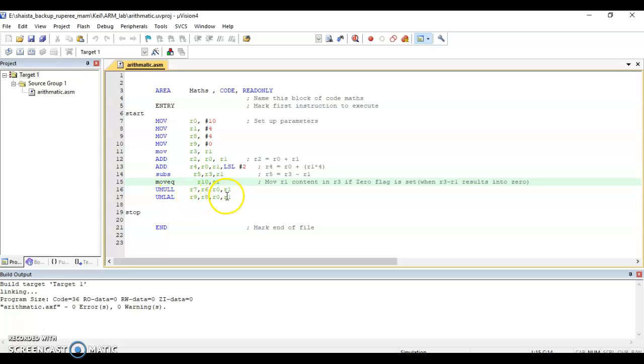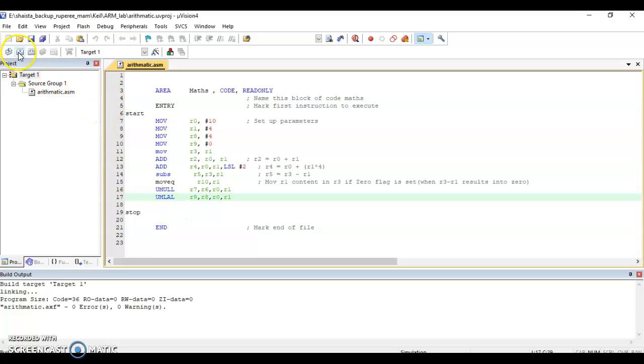This is very beneficial in DSP operations. Here I am doing a multiplication, that is R0 into R1. Then after doing the multiplication, I am adding the accumulated content and storing the answer in R8 and R9, with the lower 4 bytes in R8 and the higher 4 bytes in R9.